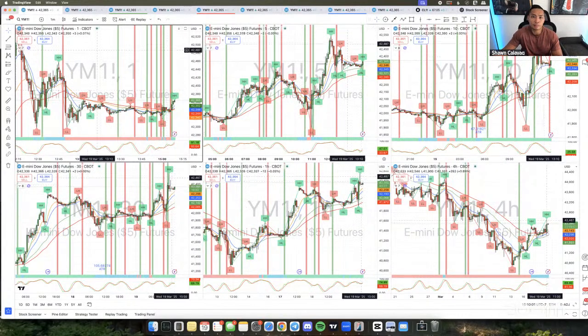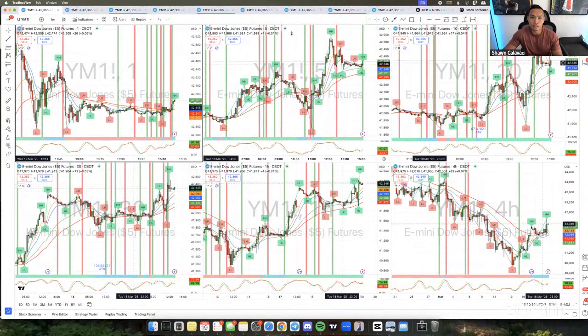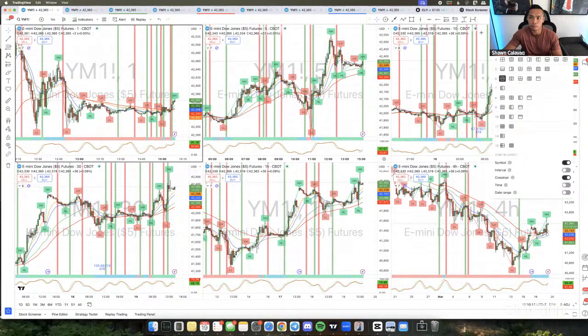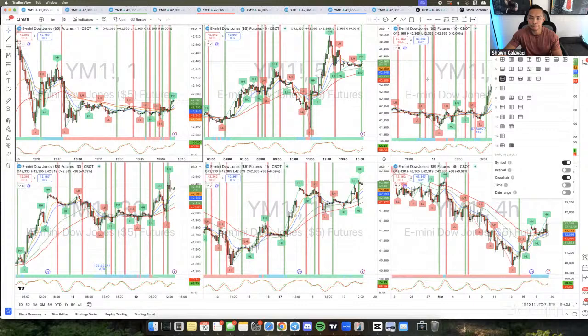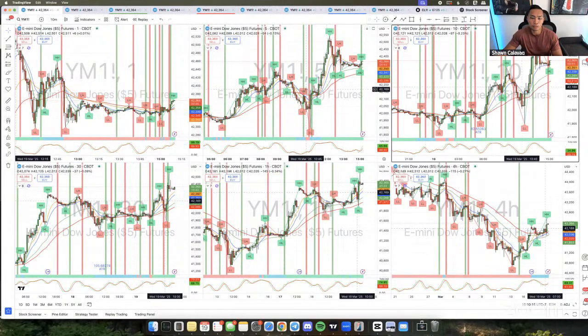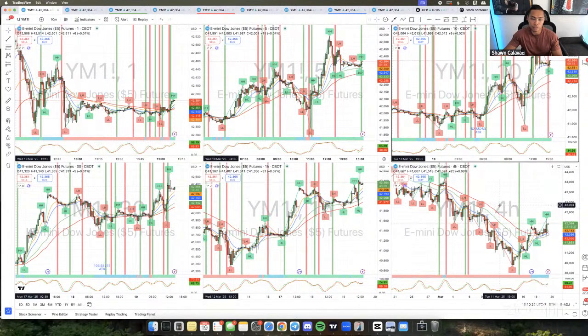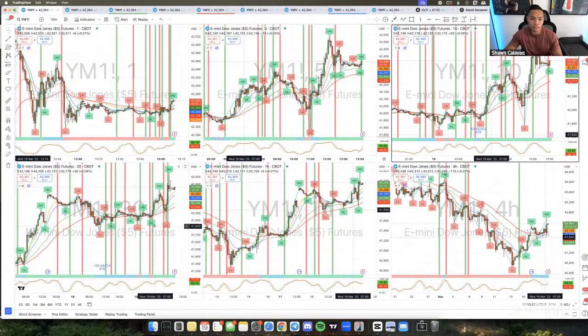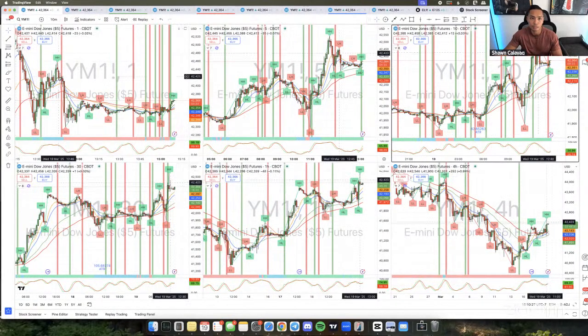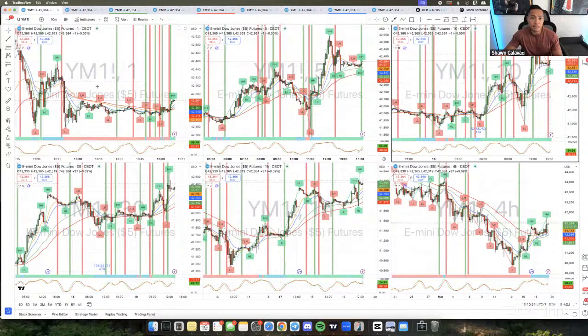My first tab is going to be 6 charts. If you want to set it up like this, you'll usually have 1 chart. I have it set to 6 right here. I only use this to identify the overall trend. So I have a couple indicators on here, a few that are important, most that are not. Really, you're just going to use this to identify trends. So you probably just want to have the pivots on here, maybe the trend meter. And that's going to be my first label.